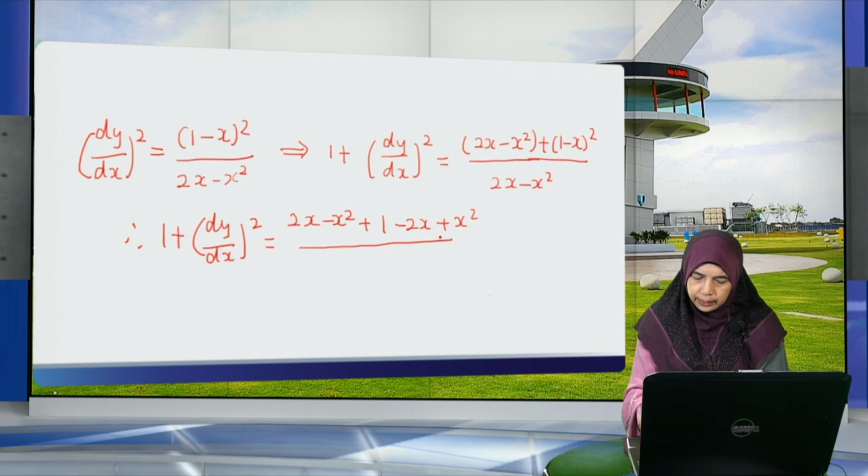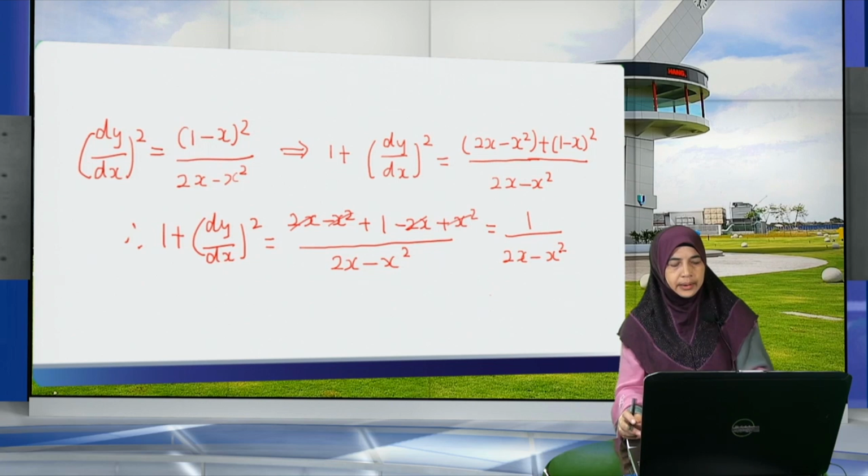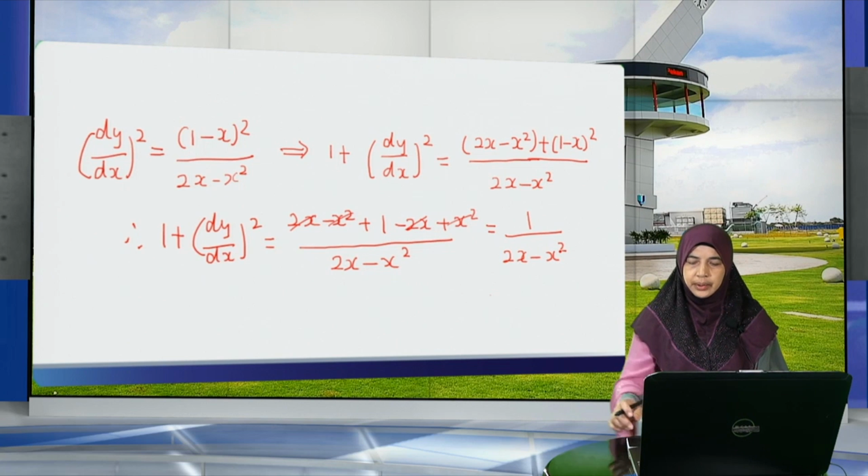Divide everything by 2x minus x squared, and we can cancel this one and this one, and we can cancel this and this. Also, we have only 1 over 2x minus x squared. Okay, let's continue how to find the